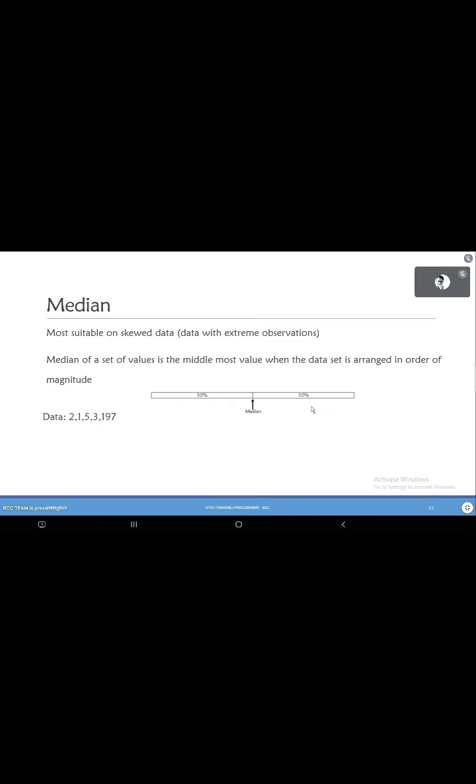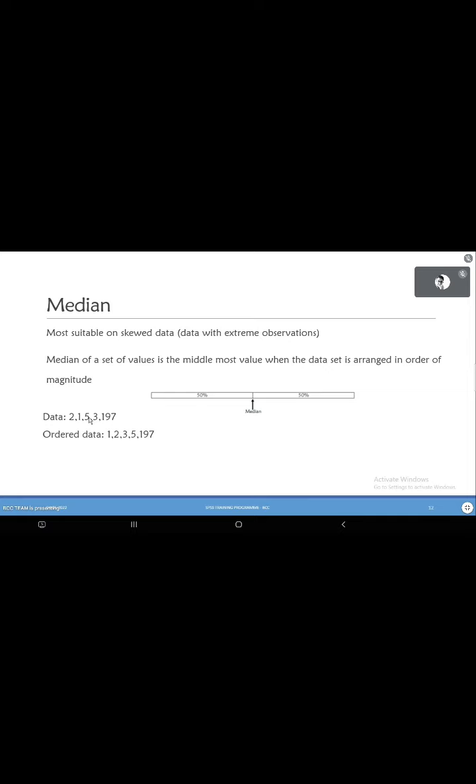Okay, let's see one simple example here. Imagine I have data like this. You can see that the first 4 observations are very small compared to the 5th observation, 197. If I have to calculate median here, what's the first thing I have to do? Is 5 the middlemost value here? No. Arrange the data in ascending or descending order. Yes, exactly.